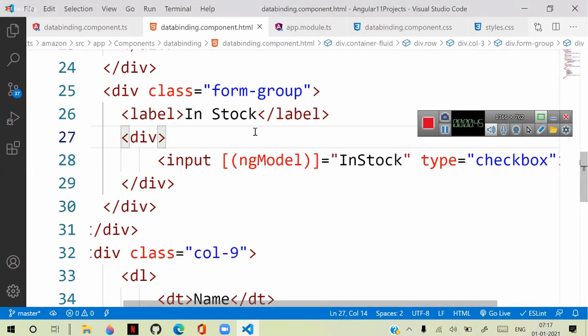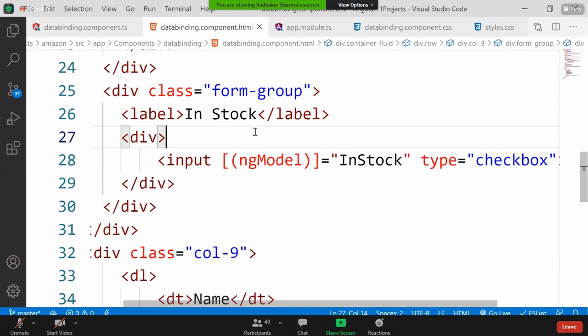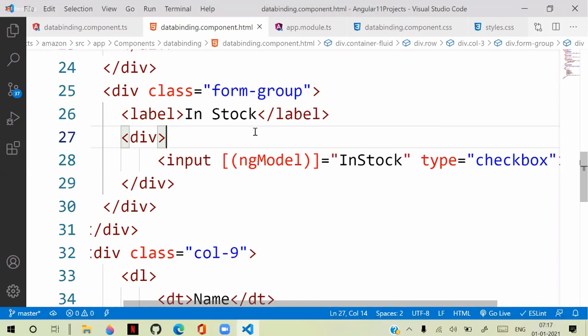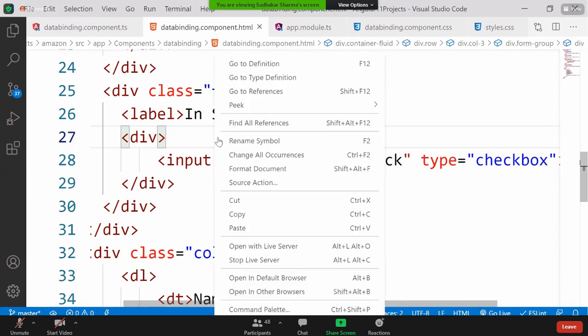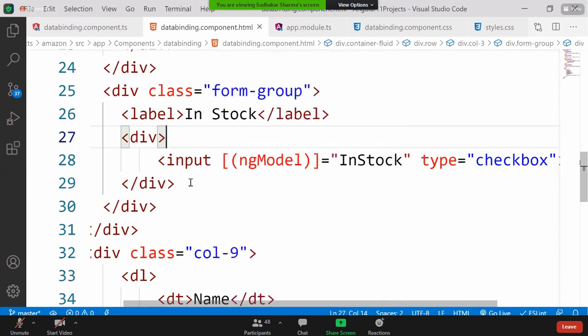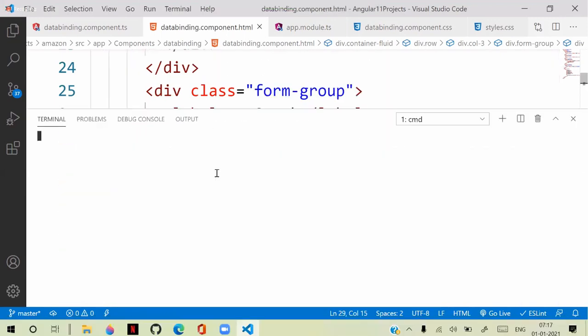This is using MVC architecture. Using MVC architecture, we can access the details and handle the details. Let's run this and see the example.